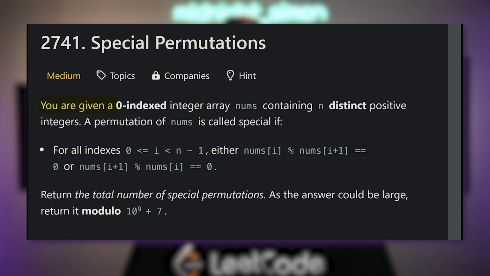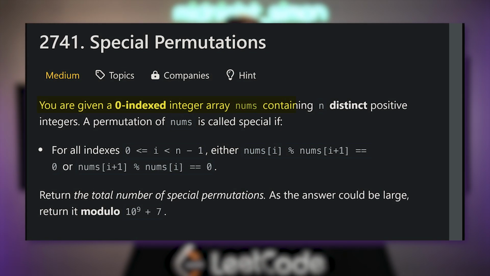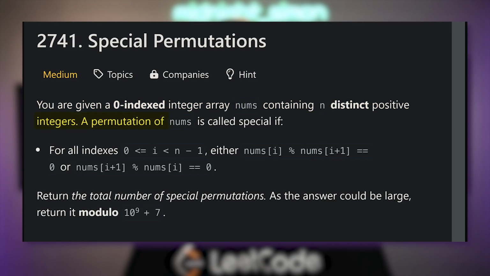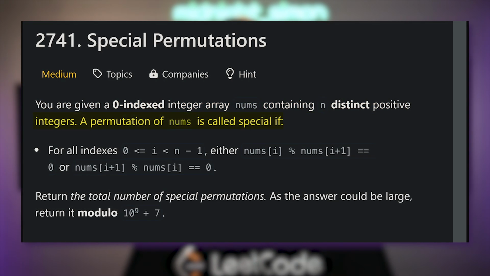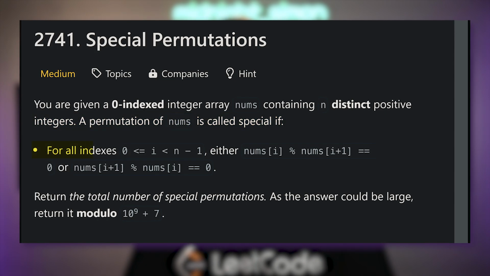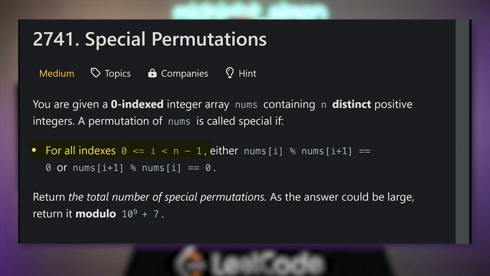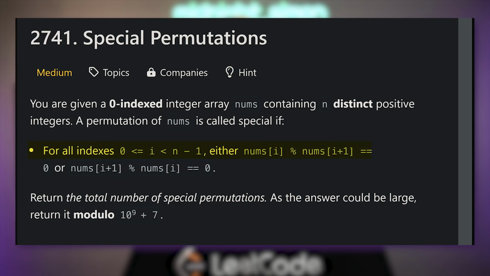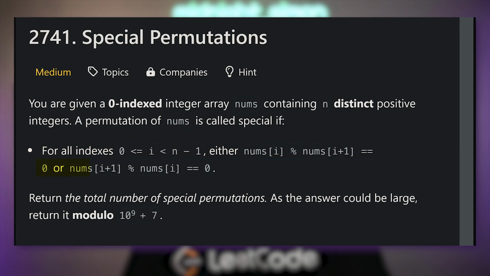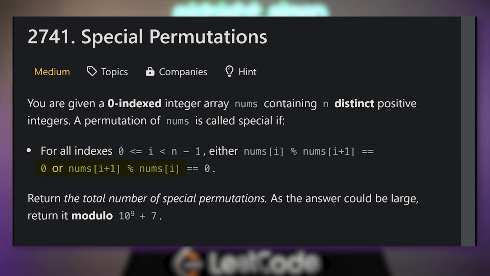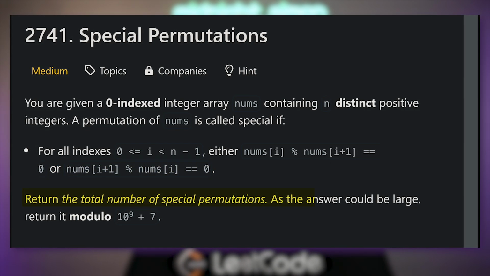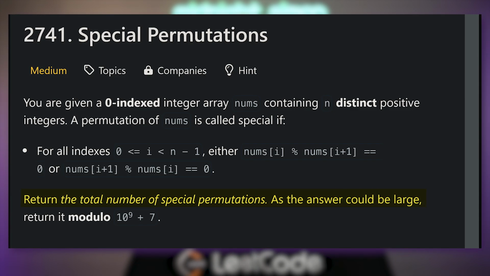You're given a zero-indexed integer array nums containing n distinct positive integers. A permutation of nums is called special if for all indices 0 <= i <= n - 1, either nums[i] mod nums[i+1] is 0, or nums[i+1] mod nums[i] is 0. Return the total number of special permutations. As the answer could be large, return it mod